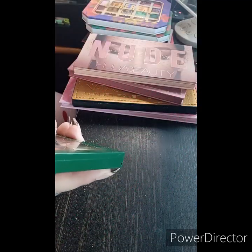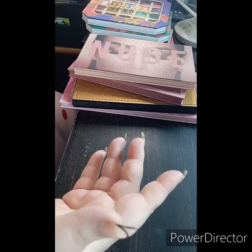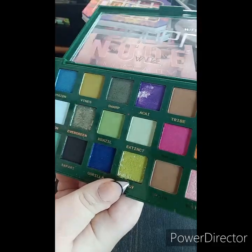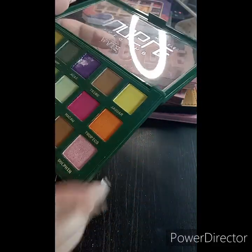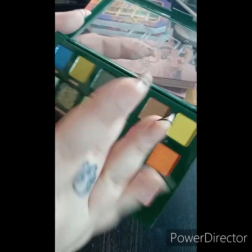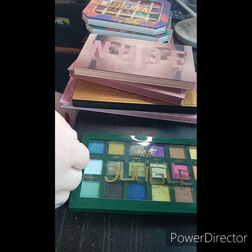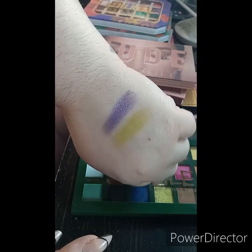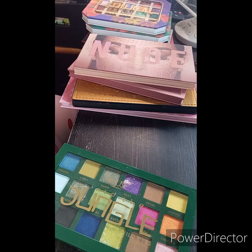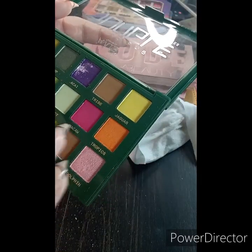This is from Amuse Beauty, and it is the Into the Jungle palette. It no longer smells like lime margaritas. When I first got this, that's what it smelled like, and I hated the smell. I do not love this color story, but I haven't really tried it. We're gonna give it a little bit of a swatch. Ooh, that's pretty. Those shades, they look nice. I don't want to just declutter it for the sake of decluttering. But for greens, I have green palettes now. Here, let's...